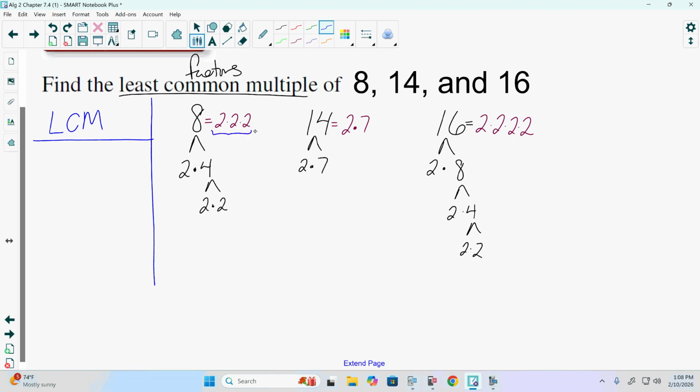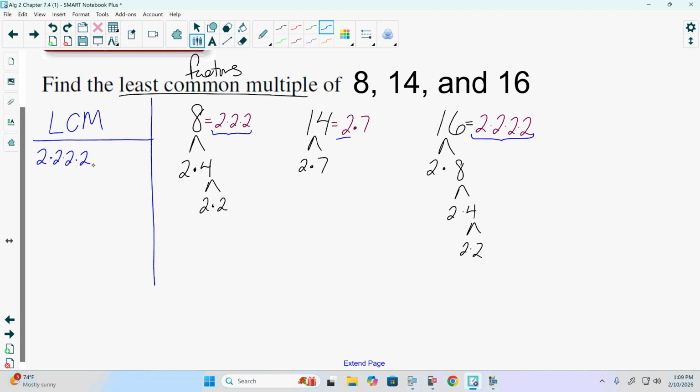How many factors of 2 do we have here? We have 3. How many factors of 2 does 14 have? 1. How many factors of 2 does 16 have? 4. Whichever one has the most, that's how many 2's we take. It's great and all that 8 has 3. That's fine. But because 16 has 4, I want 2 as a part of the least common multiple 4 times,